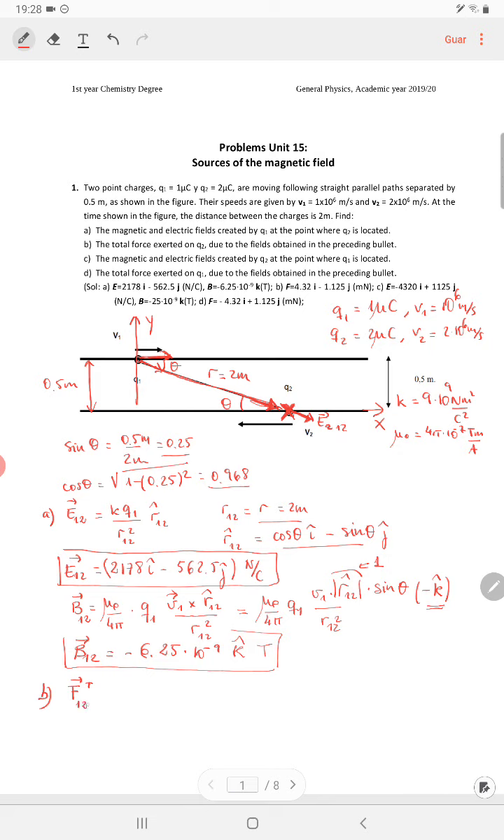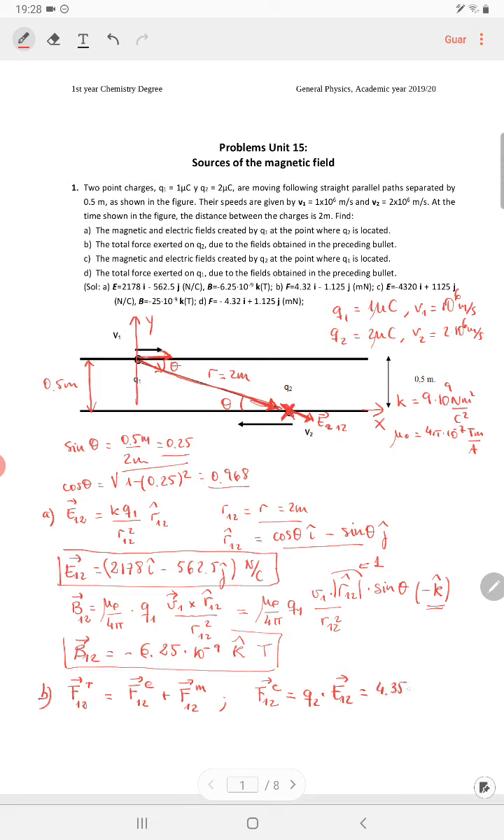provided by 1 and exerted on 2 is going to be the part that comes from the electric field, plus the part that comes from the magnetic field. So the part that comes from the electric field is just Q2, which is suffering the force, times the electric field provided by 1 where the second one is. So this is just a matter of multiplying this expression here by the charge of the second one. So this is directly, if you do the calculations,